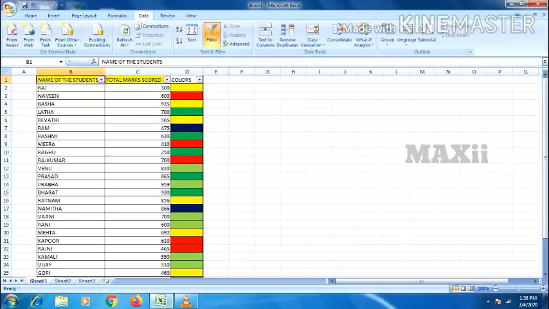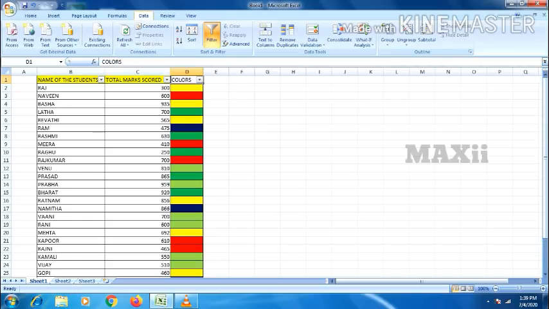First open one Excel sheet and have some data with you: name of the student, total marks scored, colors. This data is just rough work I have done; you can also have some other data to check with. Let's see where you will get this filter.